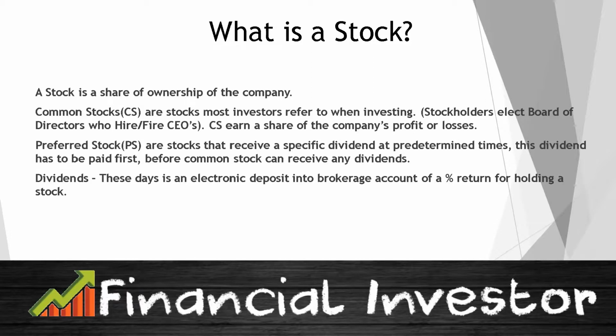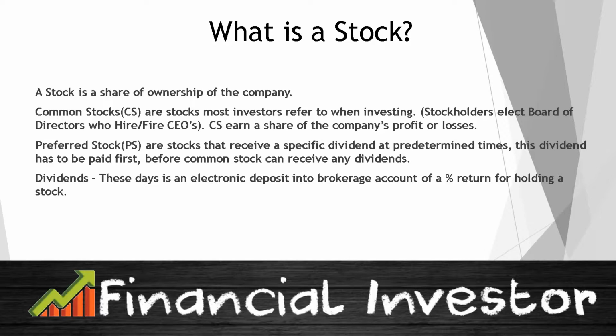So if you have preferred stock of, as an example, Apple, the normal dividend is around 2%, and for preferred stock, the dividend may be as high as 10%, and that specific stock would have more features, which I'll cover in future videos as we dive more into specific fields.